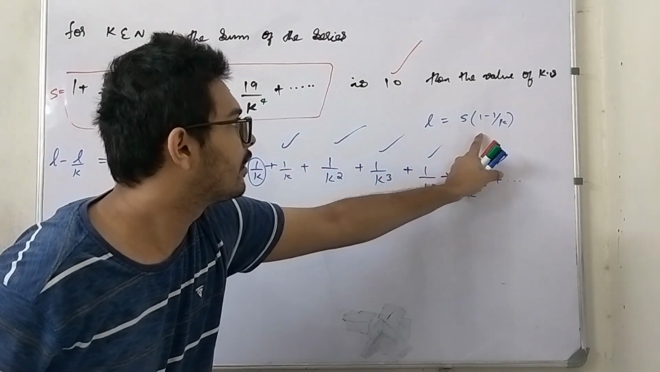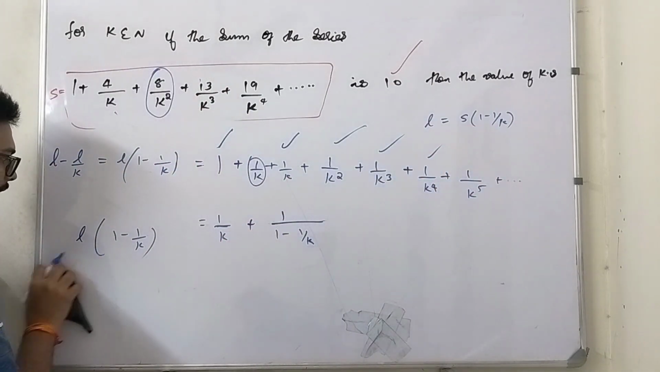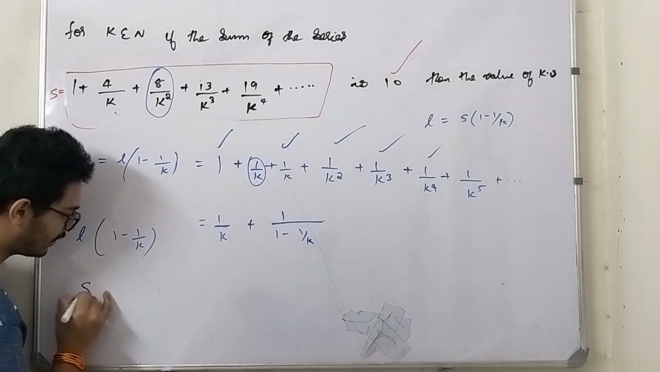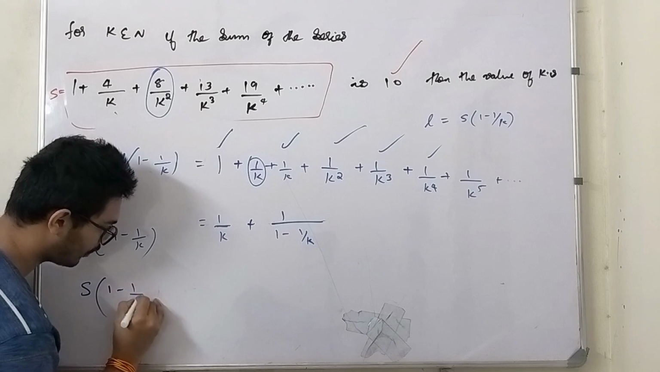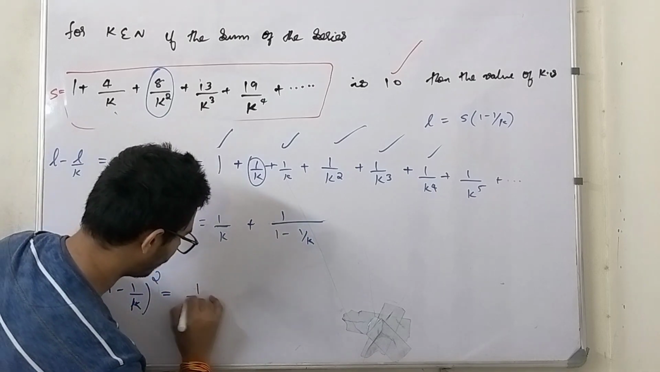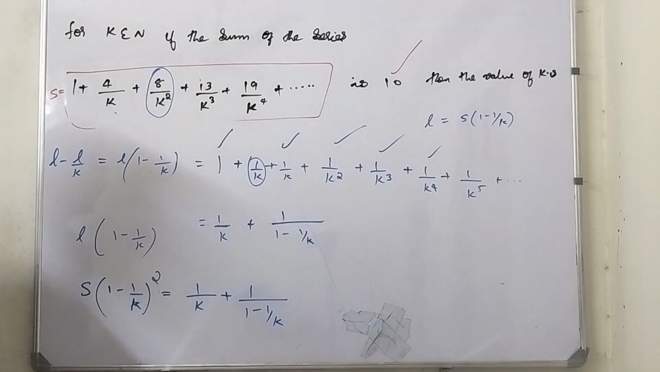Can you see that? L equal to S into 1 minus 1 by k. Here I can replace L equal to S into 1 minus 1 by k. It will be S into 1 minus 1 by k into 1 minus 1 by k, 1 minus 1 by k the whole square. This is equal to 1 by k plus 1 minus 1 by k. Now,